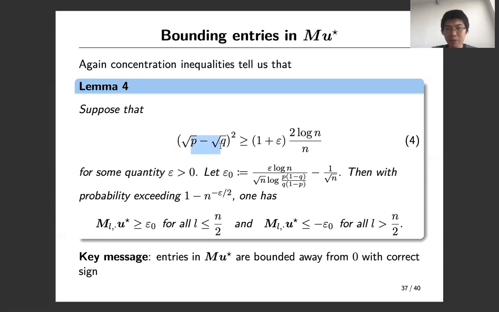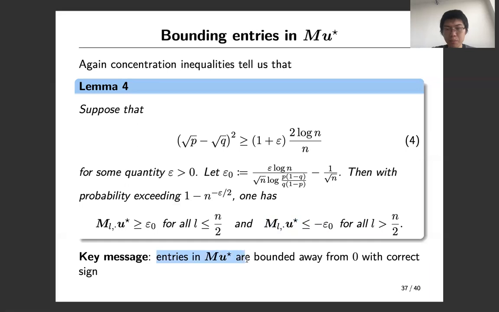As long as the gap between the probabilities P and Q is large enough, one can show that for the first half of the nodes, the corresponding entries in mu star are larger than a positive quantity epsilon 0. Similarly, for the remaining half of the nodes, the corresponding entries in mu star are smaller than -1 times this positive quantity epsilon 0. Without proving this, we will just state the key message out of this calculation, that is the entries in